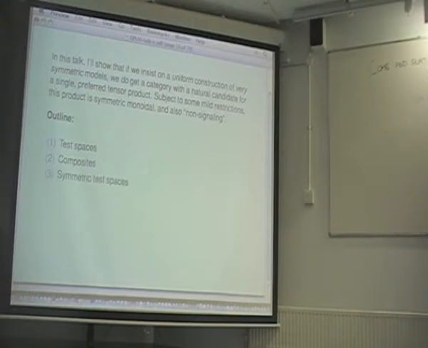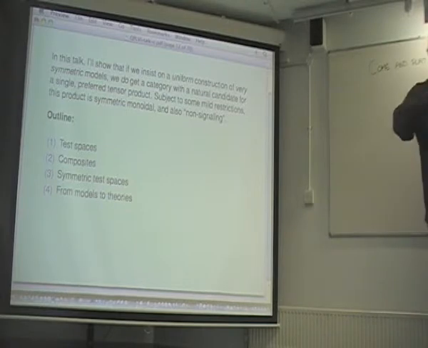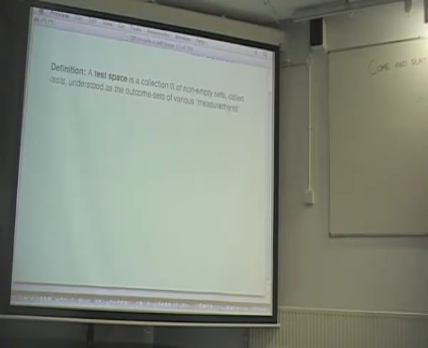Then I'll talk about what I mean by a very symmetric test space, the kind of model that I'd like to build. And then I'll talk about how you go from the practice of building individual highly symmetric test spaces on a sort of ad hoc basis to a scheme for building a whole bunch of them all at once, a whole theory's worth, in a uniform way. And that then leads to what I think are perhaps some interesting results. Okay, so jumping in then.